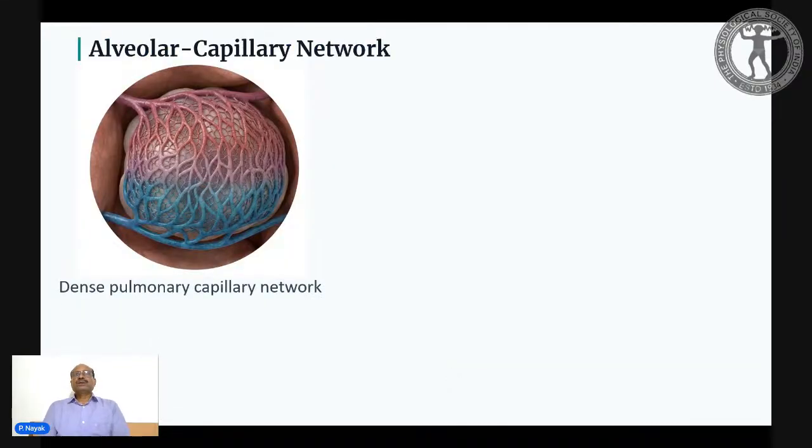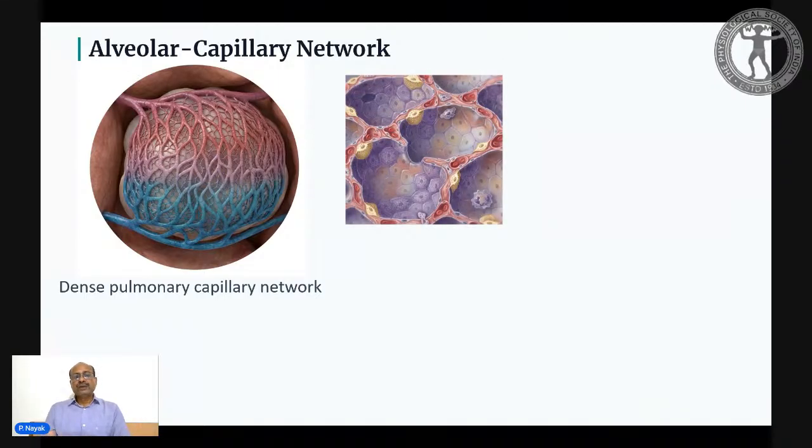The alveolar capillary network is another important structure. So we have learned about the pulmonary artery, the pulmonary vein, and the bronchial arteries, so dual circulation. This is purely the pulmonary capillary network, which is for the gaseous exchange. What we can see here is that the capillaries are highly dense. The pulmonary capillary network is a highly dense capillary network along the alveolar structure. As you can see, almost a single layer,